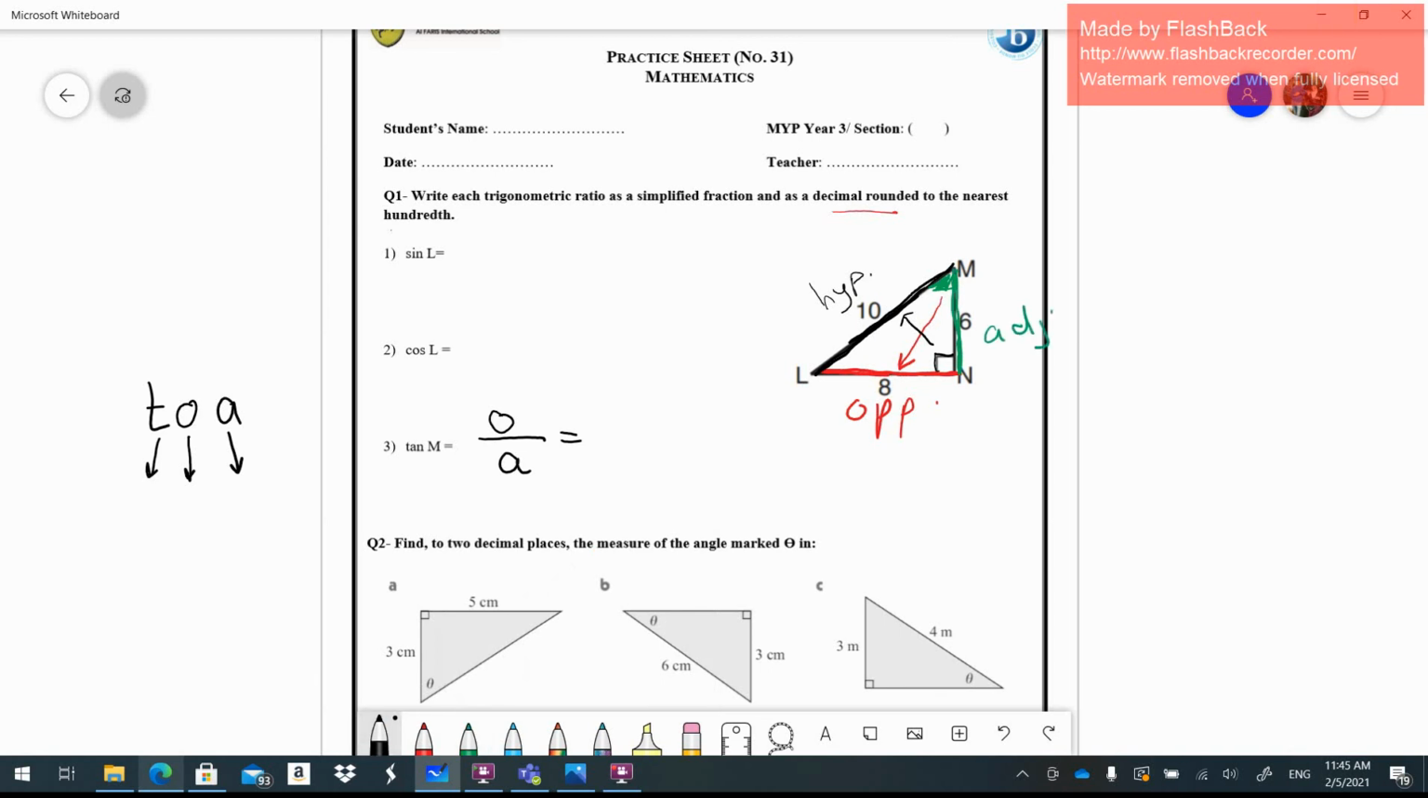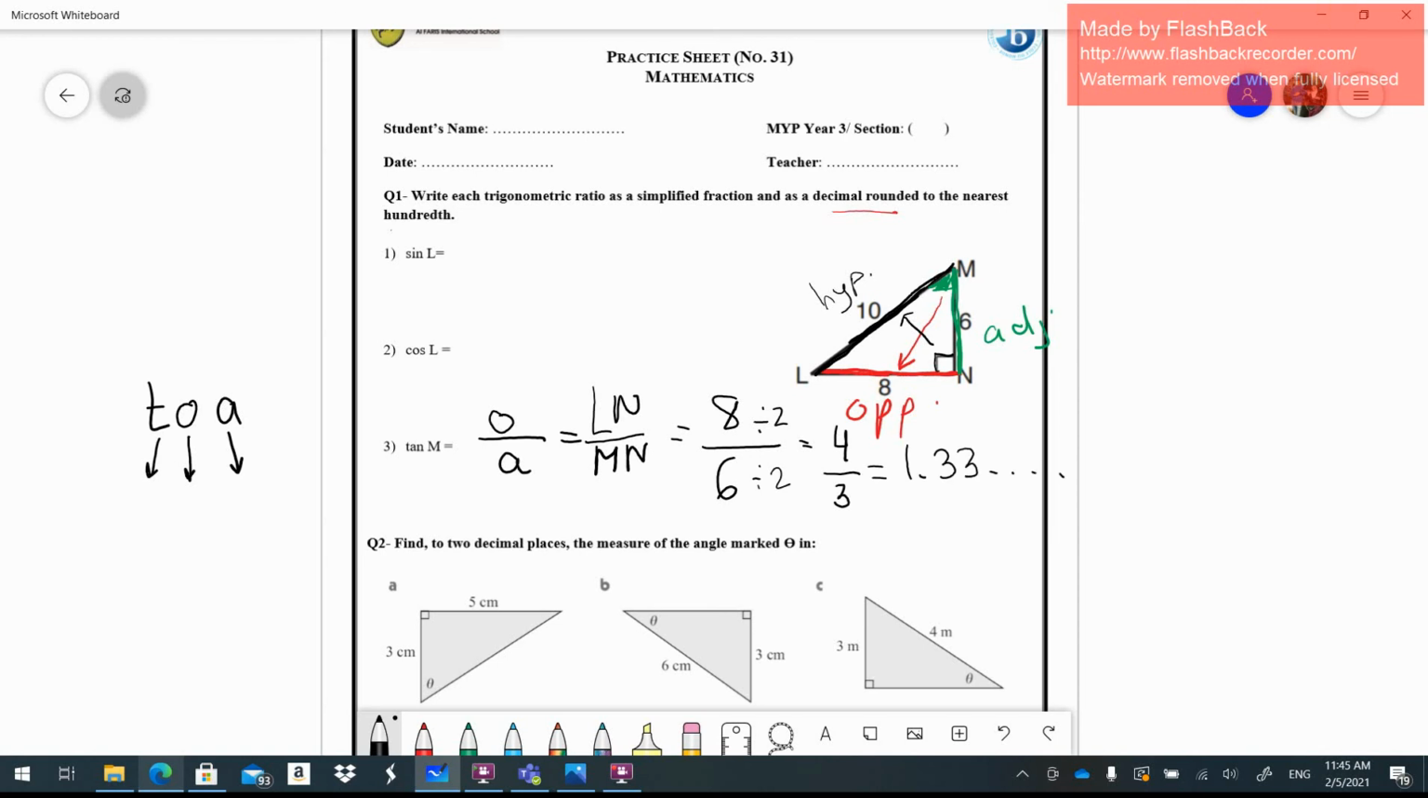So therefore, it's LN over MN, which is equal to, now what's the length of this side of the triangle? This is 8. Opposite over adjacent, it's 6. Now I'm going to write this in simplest form. If you divide up and down by 2, the same number, you will get 4 over 3. Then on the calculator, you're going to divide 4 by 3. You will get